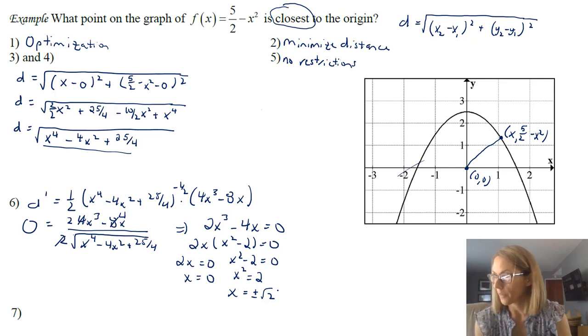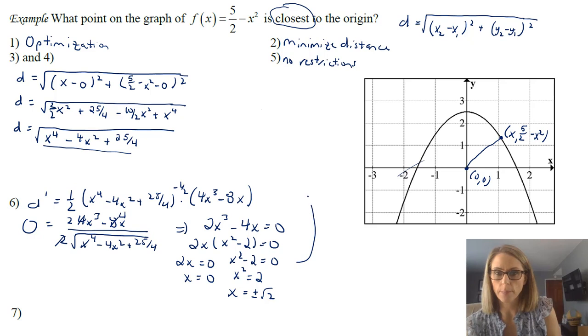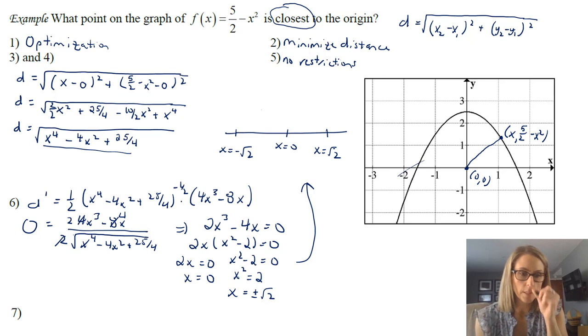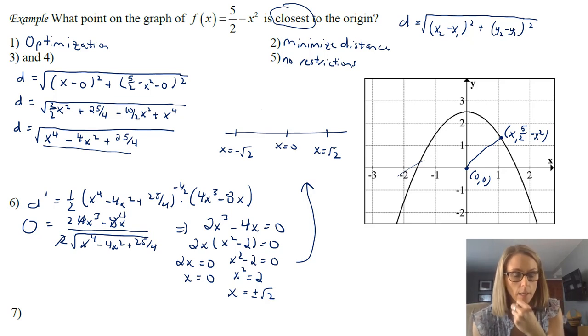And so there's a lot there that's happening. And so at this point, what we would do is we would now think about a sign chart to think about what's happening on either side of those values. And just due to wherever my face might be, I'm going to put that up here. So I'm going to have x equals 0, and then I'll have x equals negative root 2, and over here I'll have x equals root 2. Notice the denominator is always going to be positive in this case because it is a square root there, and we just really have to think about our numerator.